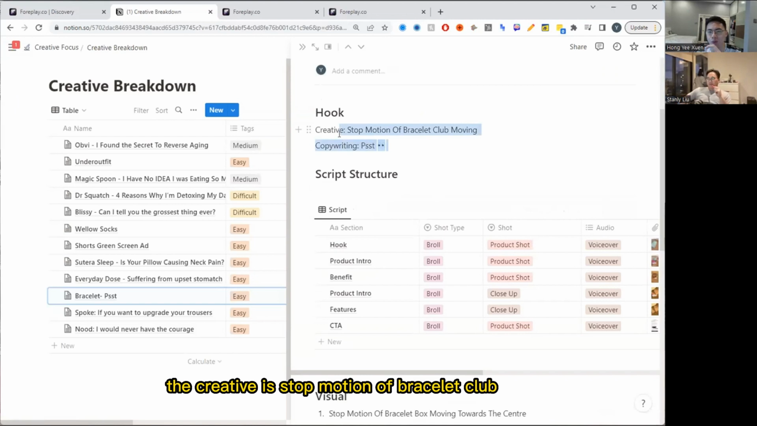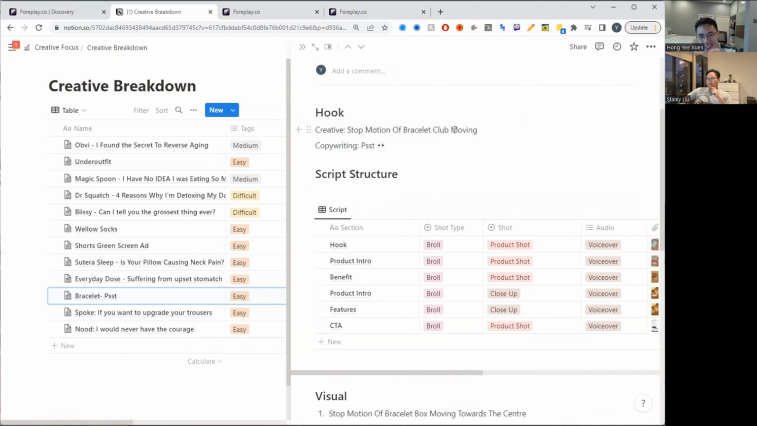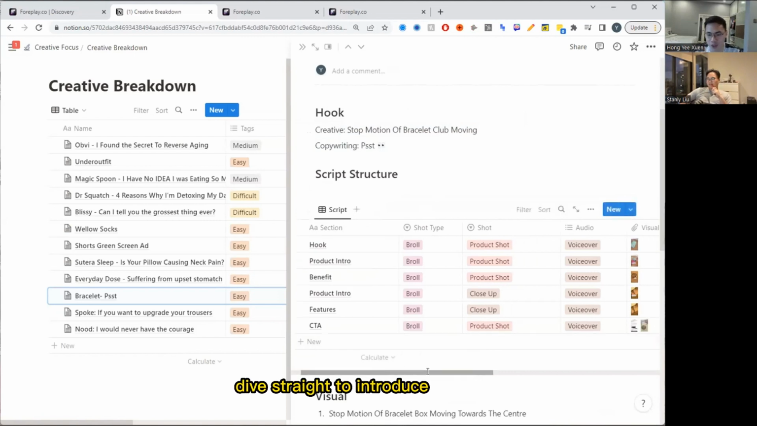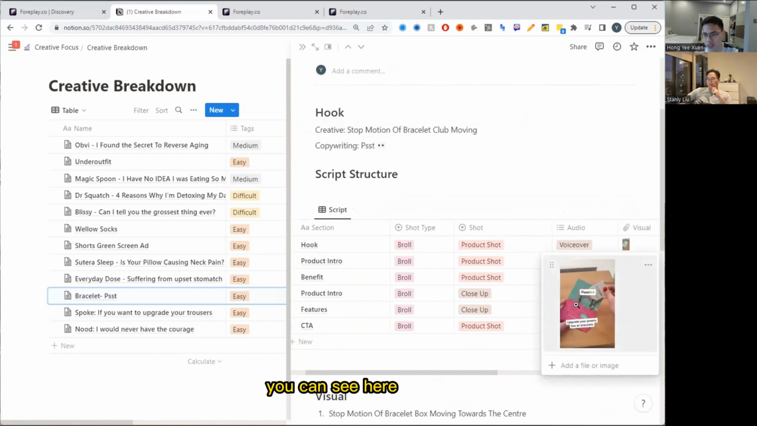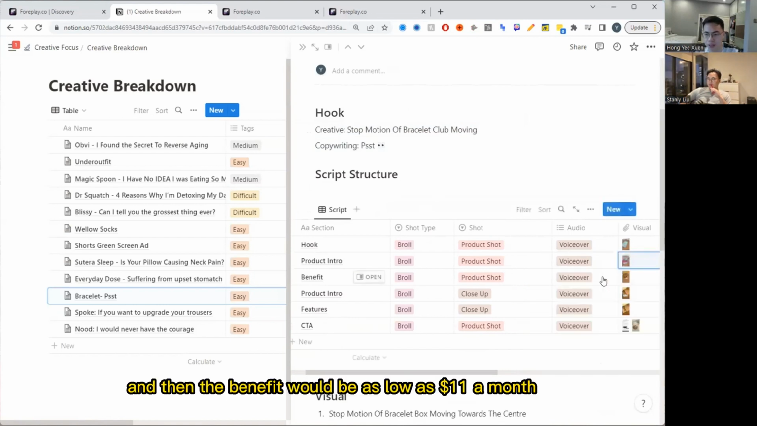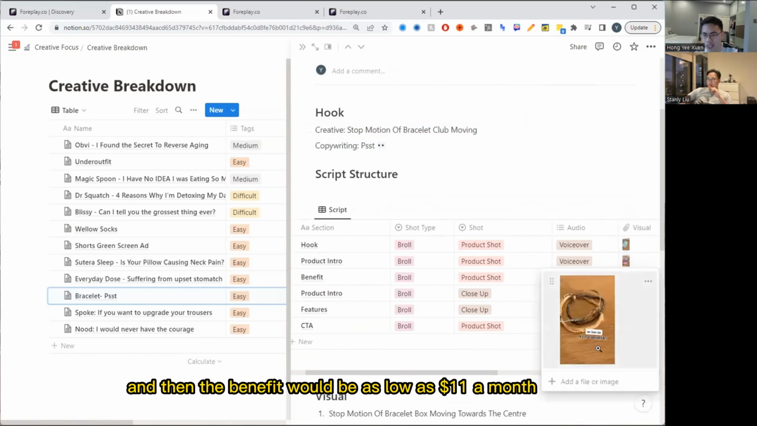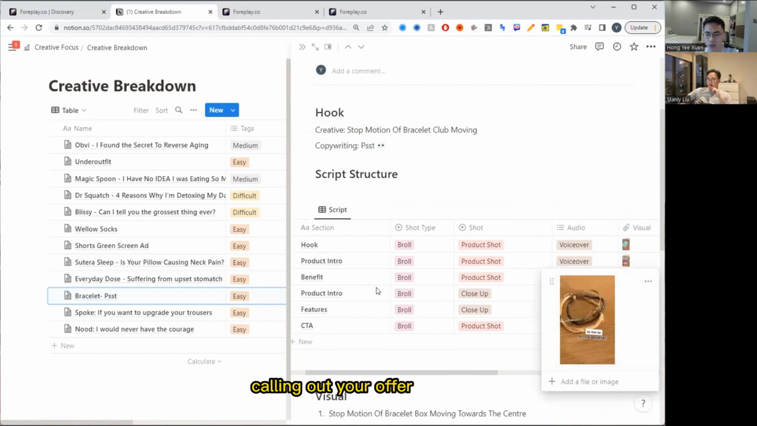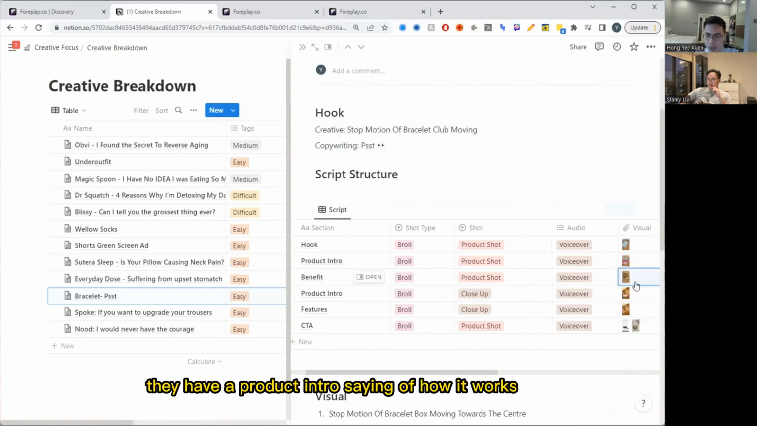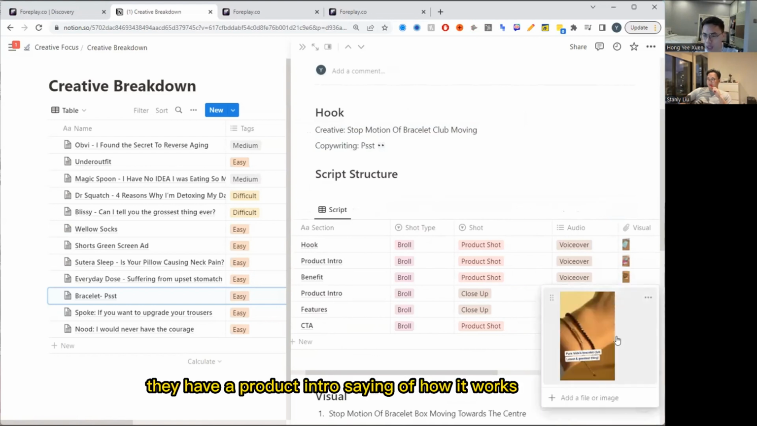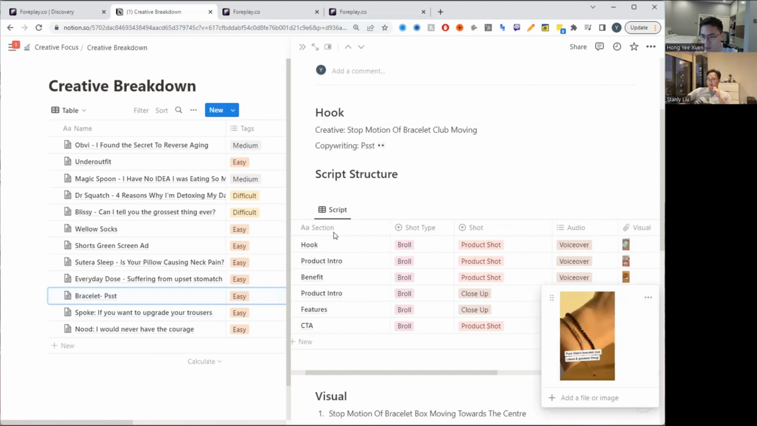For example, the creative is a stop motion of the bracelet club letter box moving. So it's a very interesting motion, and then pretty direct. So I think that's the hook. And then the product intro is where they dive straight in to introduce, okay, this is the bracelet. So you can see here, upgrade your jewelry box with bracelets. And then the benefit is as low as $11 a month, pretty direct, calling out the offer technically. They have a product intro saying how it works, like saying it's a bracelet club with the latest